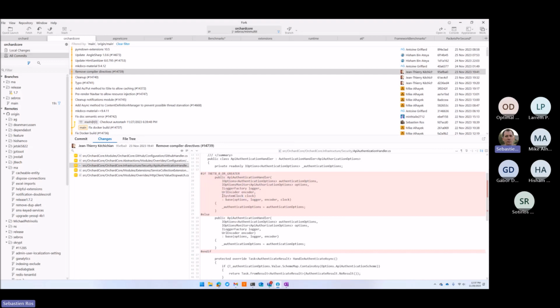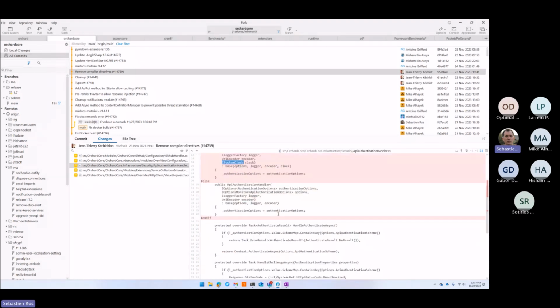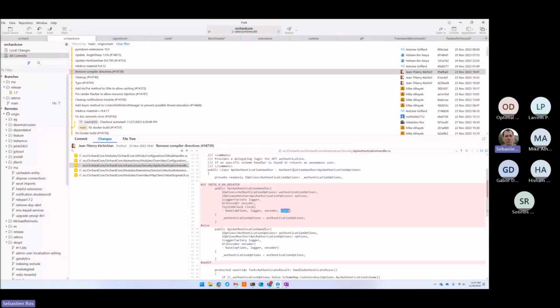Yes, so this one is new in .NET 8. System clock is new. And why was it necessary? The base class requires that. So this one requires a clock, which is a nice system clock. It has been introduced in .NET 8 in the runtime. It's an abstraction of the clock. It's the same thing that we have in Orchard, that we have had since Orchard 1, to abstract the time provider.